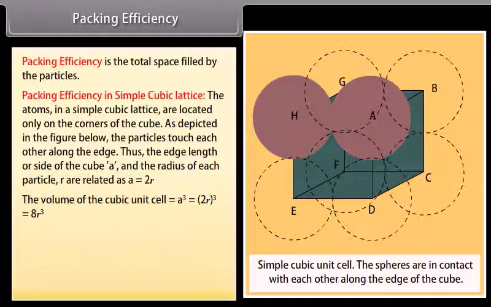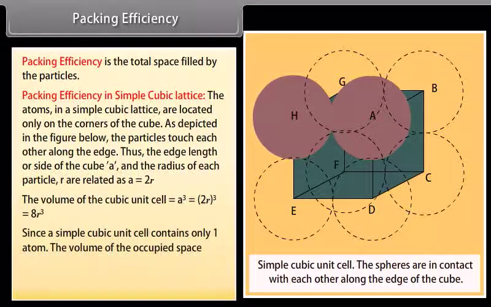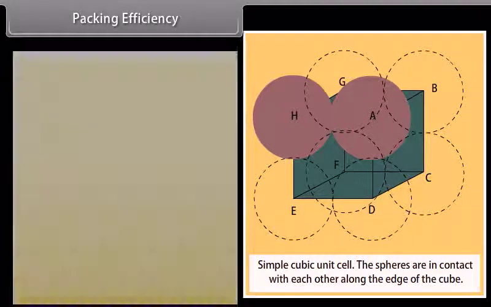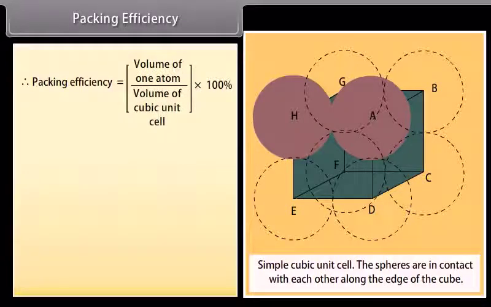The volume of the cubic unit cell is equal to a cube, which is equal to (2r) cube, which equals 8r cube. Since a simple cubic unit cell contains only one atom, the volume of the occupied space is equal to 4/3 πr cube. Therefore, packing efficiency is equal to volume of one atom upon volume of cubic unit cell × 100%, which is equal to